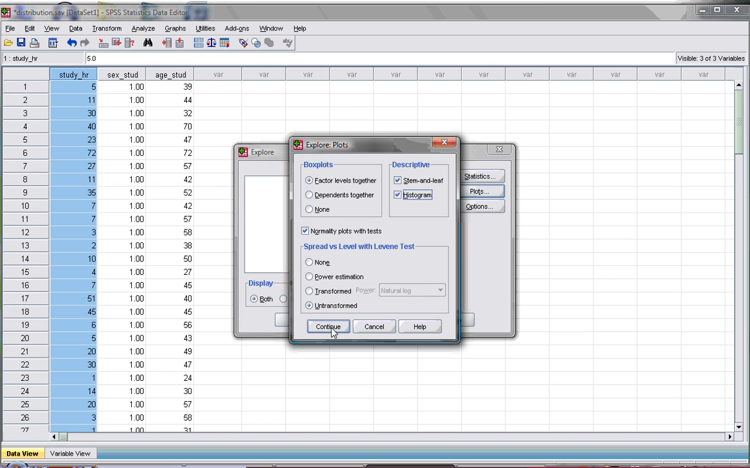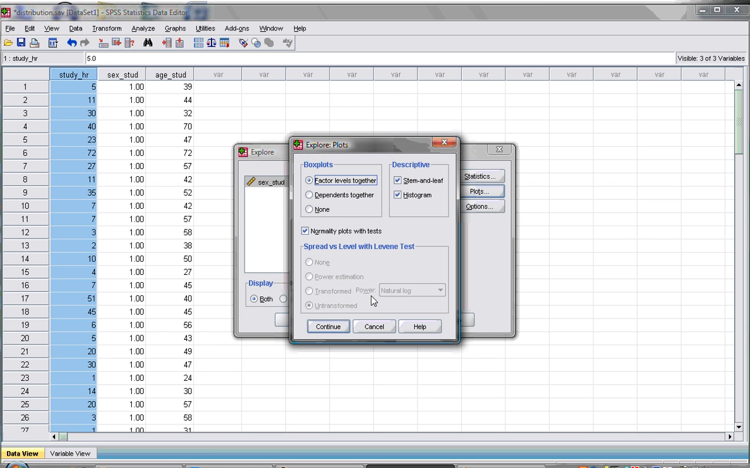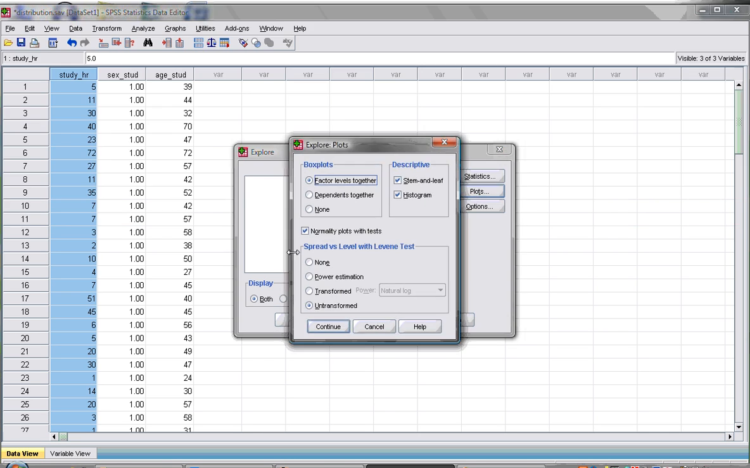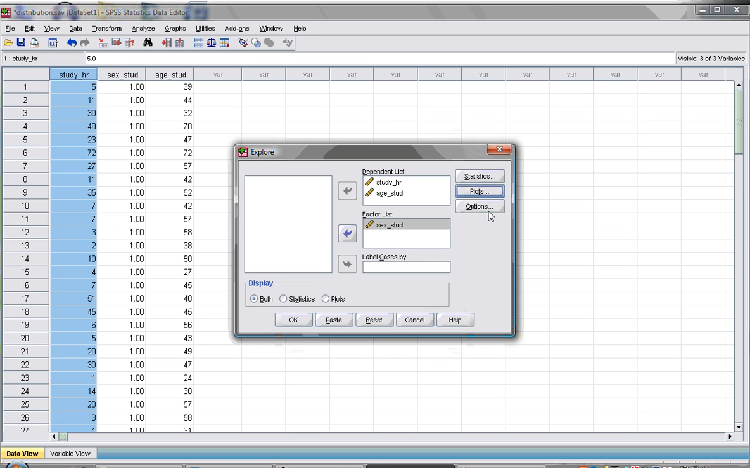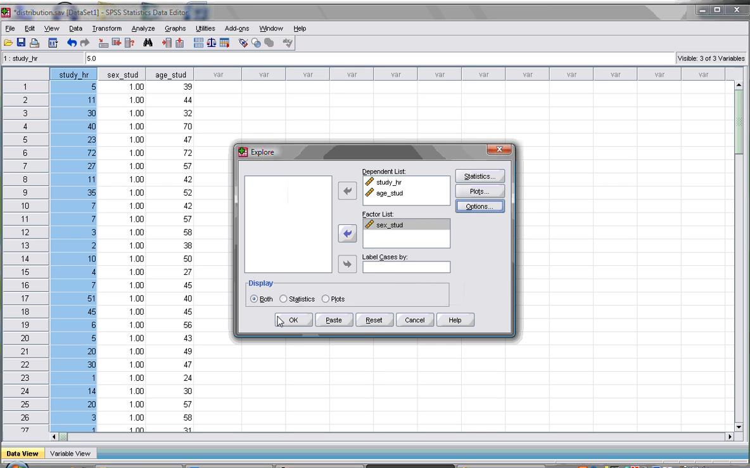To show you also, if you don't have a grouping variable, when you go to the plots, you cannot test the variability between the groups with the Levene test. So you have to select it here, then it will be able to work with it. Actually, Options is not that important. Now if you hit the OK button here,